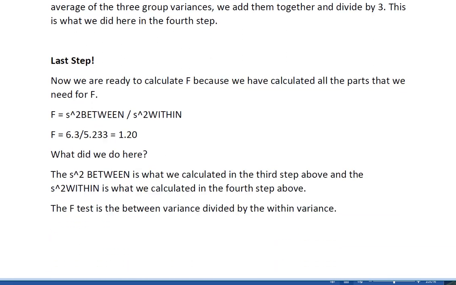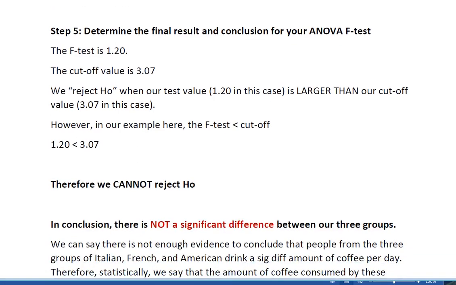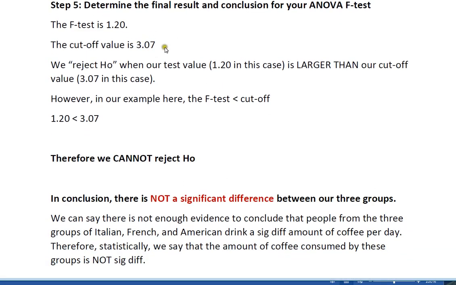Finally, to get the f-test, we divided the variance between, which was 6.3 above, by the variance within, which is 5.233 above. That gave us our f value of 1.2. We compared our f value of 1.2 to our critical value, or our cutoff value of 3.07. It was less than our cutoff, so we cannot reject the null. So we conclude that there is no significant difference between coffee consumption for our 3 ethnic groups, Italian, French, and